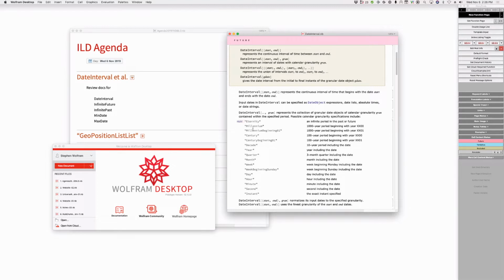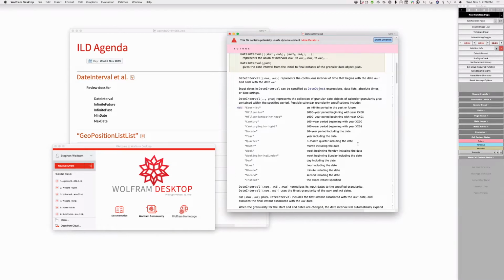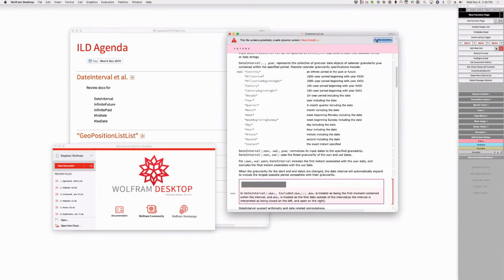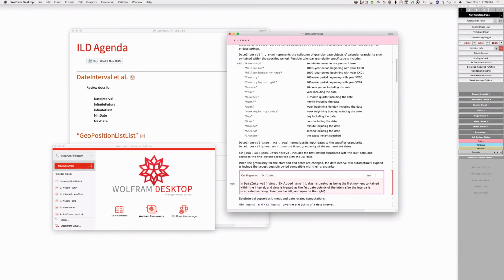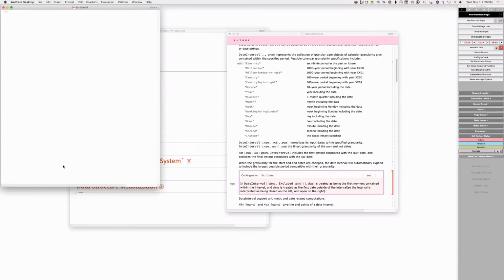What's this millennium beginning? Is that a new thing? No, we always had that to resolve the ambiguity between starting in 2000 or 2001. Okay. And that's the same way we documented it? I think so. I guess he just copied the table from the other page. The page of date object, I mean. Okay.